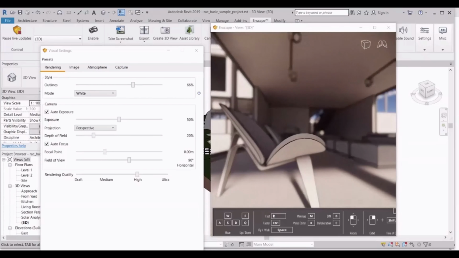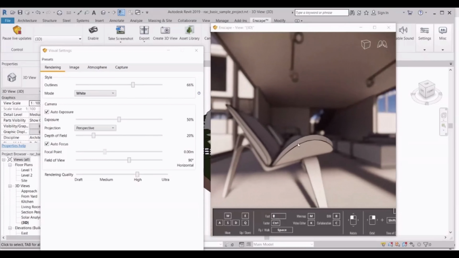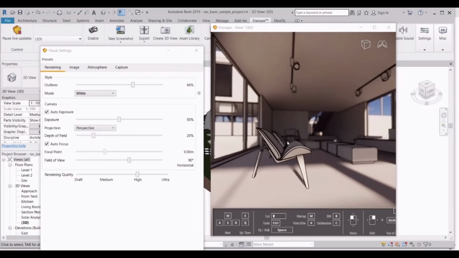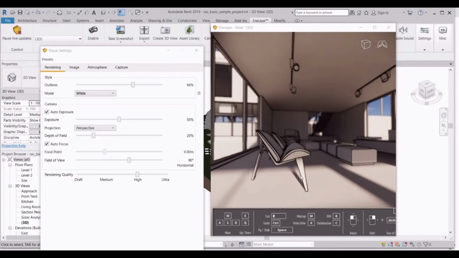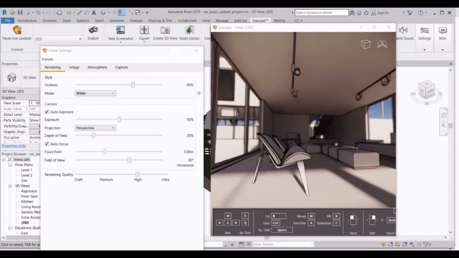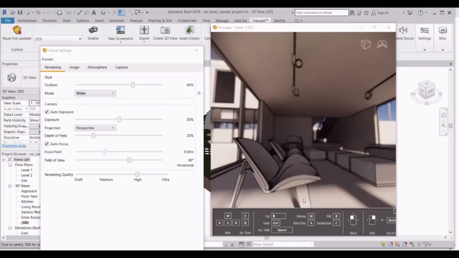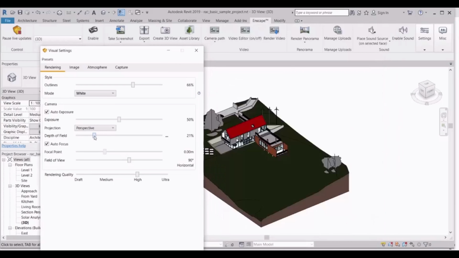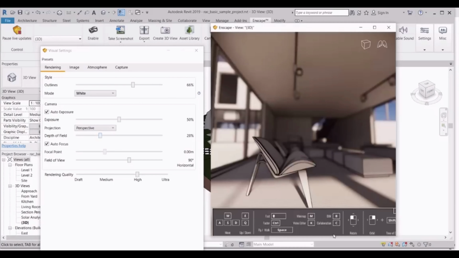Here you see what is nearby the camera has more focus, and the other things are blurred. So here you get the idea about depth of field. If you increase it more, the blurriness will be more.